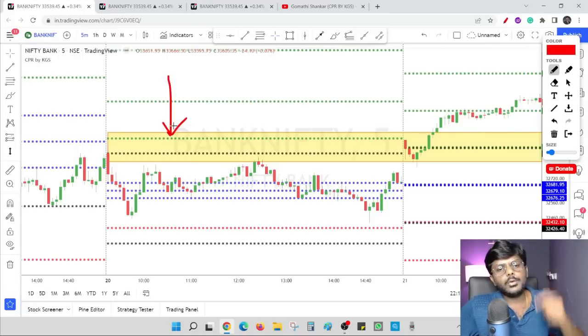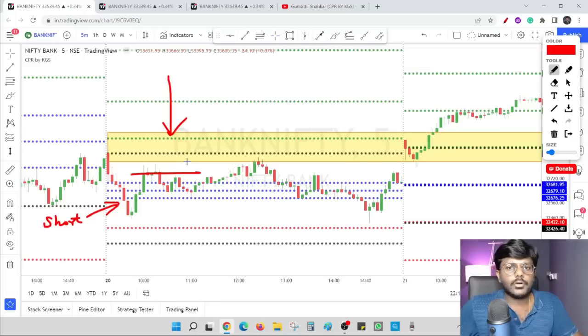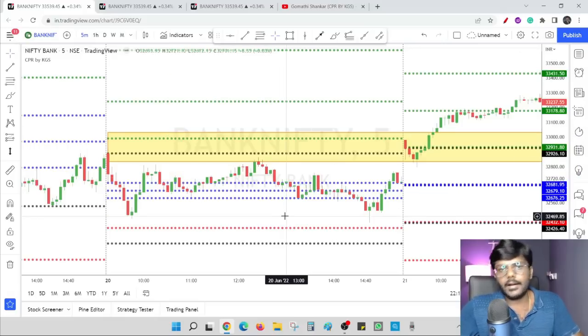So what I will do, if the prices are coming below daily CPR, I will go for a short. So obviously I will go for a short here. My stop loss is hit. After that I will not take any short position. After that the market is once again breaking the daily CPR after 2:30. After 2:30 I am not going to take any position. So after one stop loss I am going to exit this particular day and I will not re-enter again.